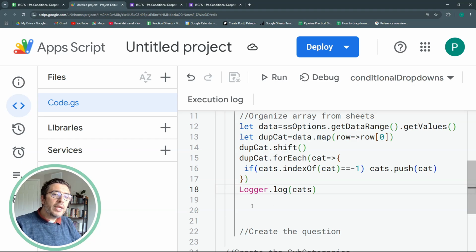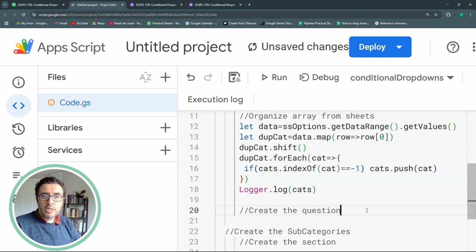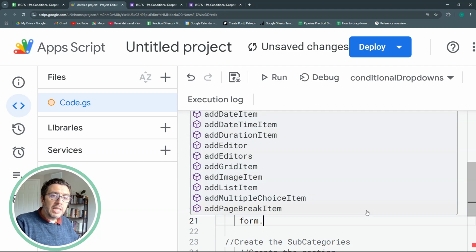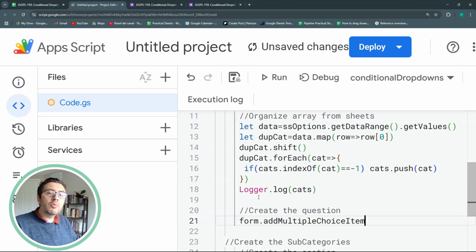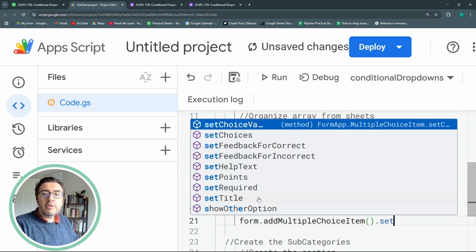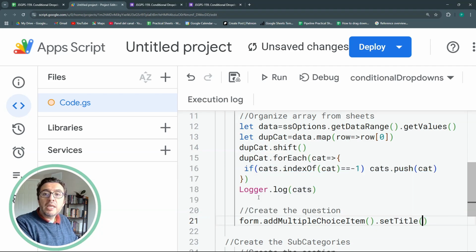Now we're going to create the question in Google Forms. How do I do that? I already have my form that I declared at the beginning, and we're going to add an item. You need to select which type of question you are going to add. In this case, we're going to add a multiple choice item. Open and close parentheses, and then we can give a title to it, and the title will be, in our case,